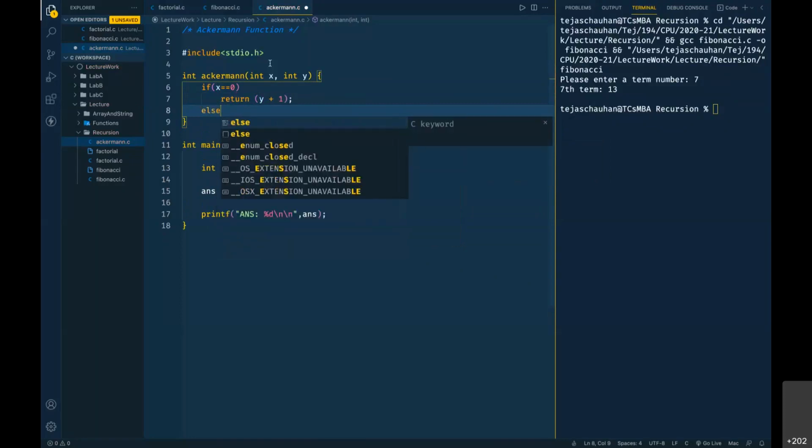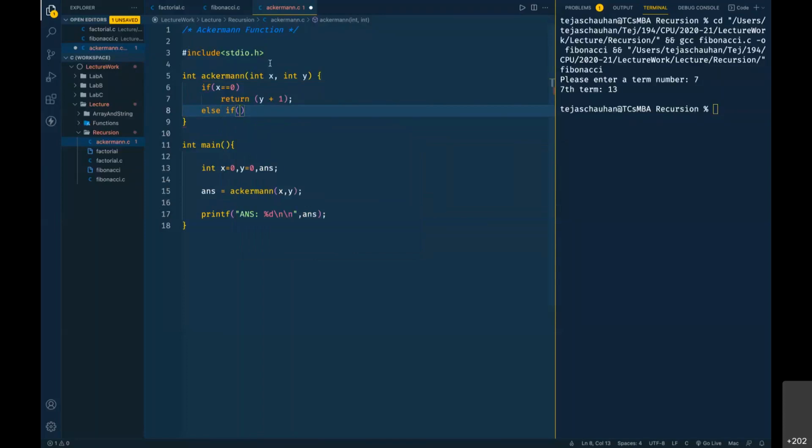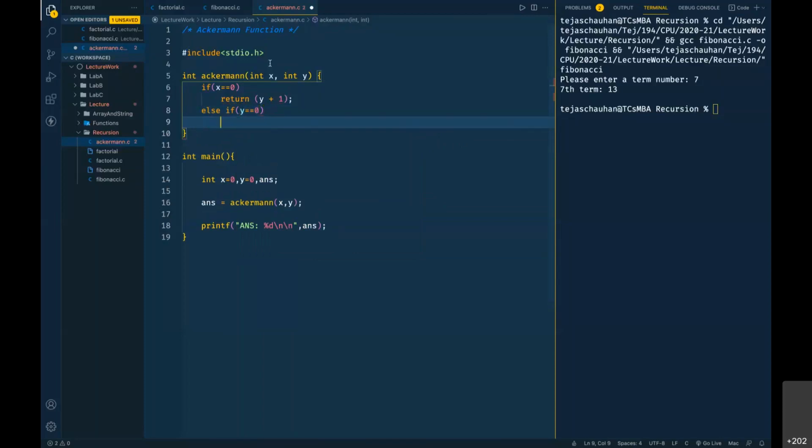Else, now this is going to be your recursive case. Inside the recursive case you have two cases, so you can take an else if here. The first case in the recursion is if your Y is double equals to 0. In that case you return something calculated using the recursion, Ackermann. Here we call it again, and at that time our parameters are going to be X minus 1 and 1 always.